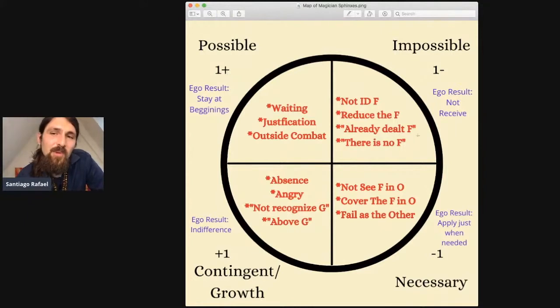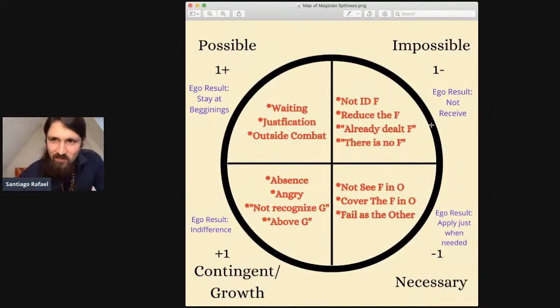Already dealing with it, I already worked on it, so it's not there anymore. Or there is no fault. I am perfect. There's nothing wrong with me. That's what keeps us in the impossible quadrants. And what the ego wants here is to not receive. The ego wants us to not receive, to not grow, to just stay there with what we have and are,